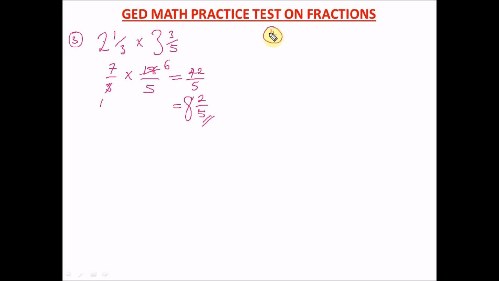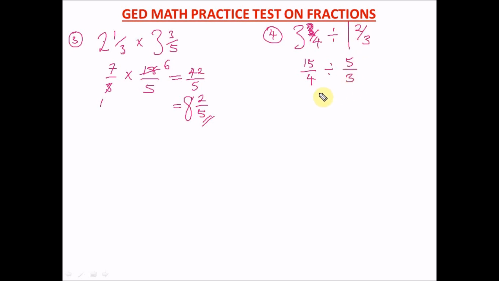So we have our question 4. When we have 3 whole number 3 over 4 divided by 1 whole number 2 over 3. All right, so how do we do this? This 3 whole number, first of all, we have to convert our improper fraction to a mixed fraction. Here we have 3 times 4, which is 12, and 12 plus 3 will give us 15 over 4 divided by, then 3 times 1 is 3, and 3 plus 2 will give us